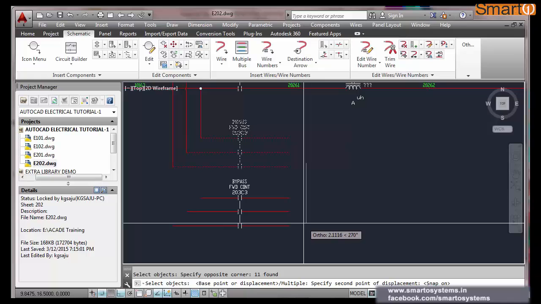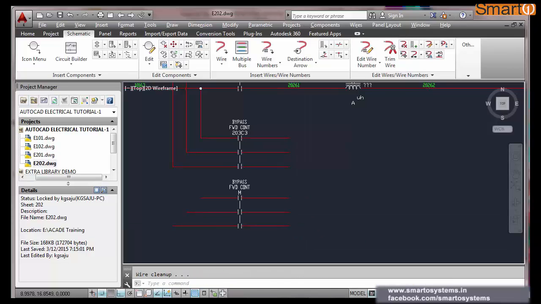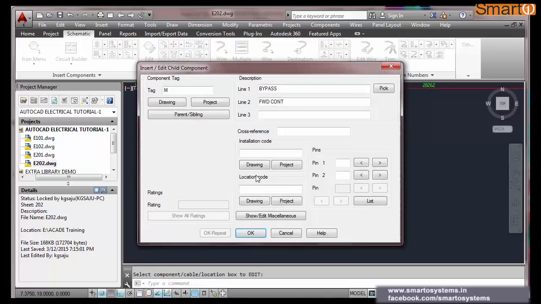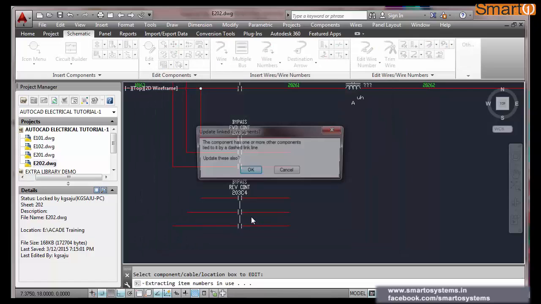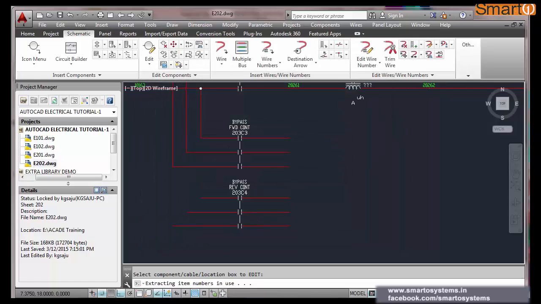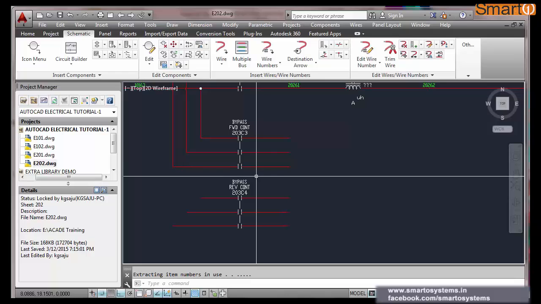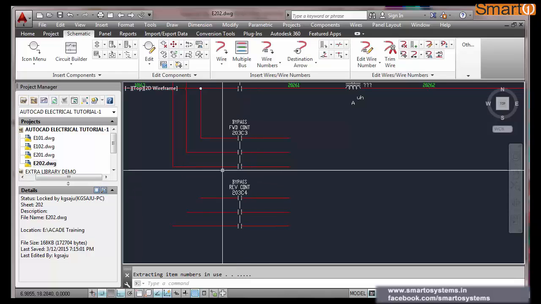You should keep the ortho on always. And this is my reverse contactor. So instead of forward, I change it to reverse. This is my 203 C4. Fine. Okay. Update C4. All the three contactors are updated.